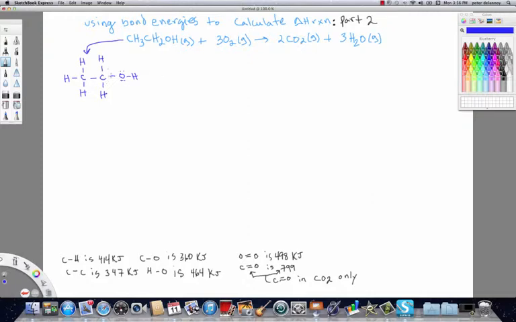All right, so this would be this molecule, which happens to be ethanol. And then the oxygen is going to be O double bond O. I think I'm just going to leave the electrons out in the interest of time on this. And then the carbon dioxide is going to be this. So you can see in carbon dioxide there's going to be 2 C double bond O's, and then the water molecule, there's going to be three